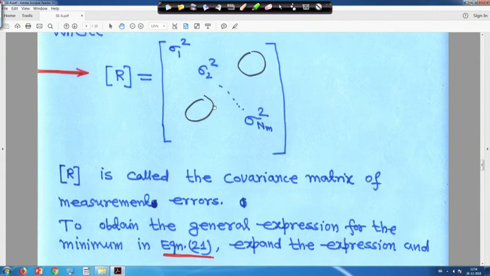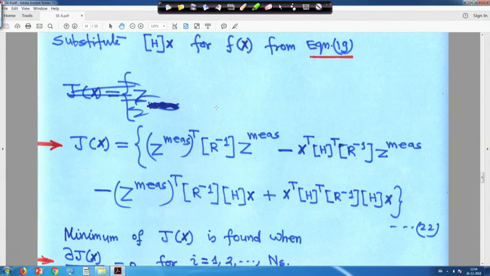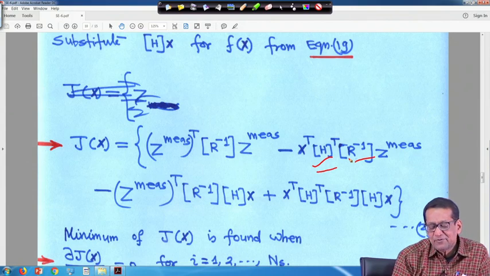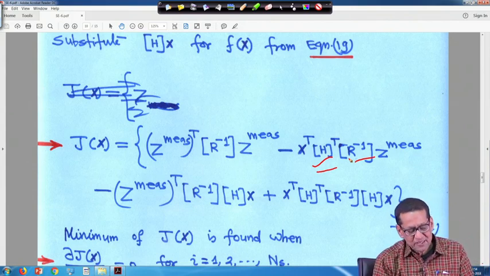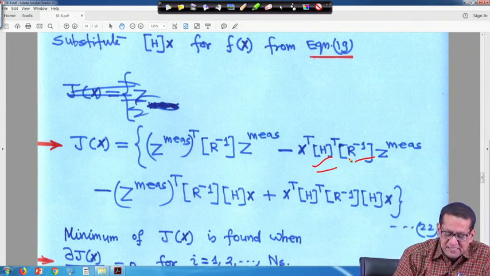So, when you multiply all these terms, it is z measure transpose R inverse z measure minus x transpose H transpose R inverse z measure minus z measure transpose R inverse H into x plus x transpose H transpose R inverse into H into x. Everywhere I have put it in brackets, later I have removed the brackets to save space, but it is understandable that it is a matrix, right. In this case the minimum of J x